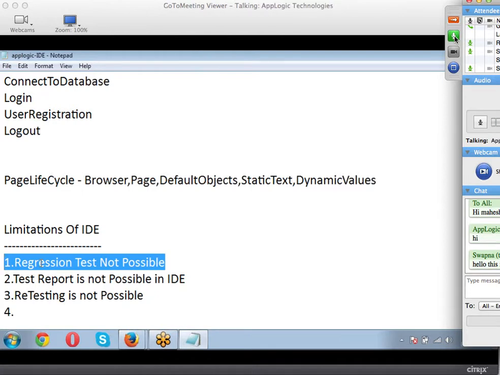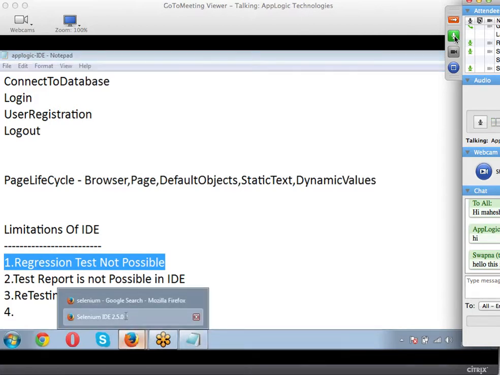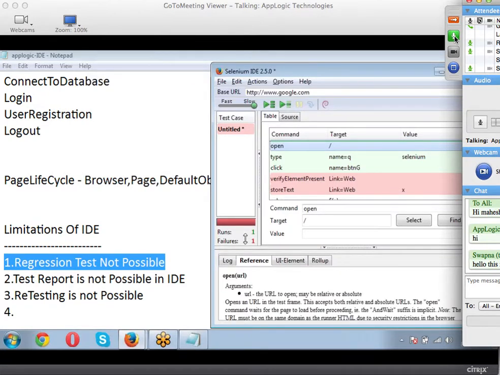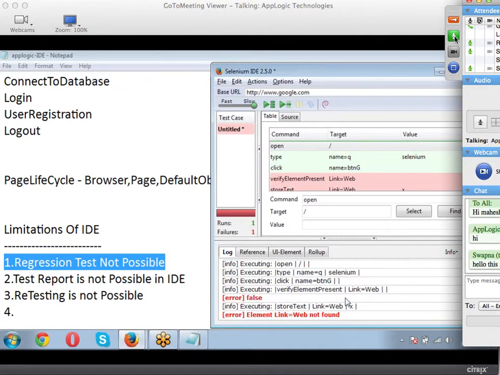Moreover, for every testing that has been done, we need a proper report which ensures what went wrong and what went well, so we can do a scaling, percentage of pass criteria and percentage of fail criteria. What is the reason behind the passing and what is the reason behind failing? Everything in detail. That is not at all possible in IDE, because we can look at a log at this place. Log is the only place where I can see the results here. No reporting in IDE.